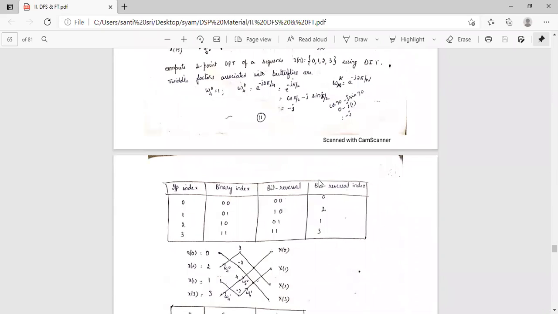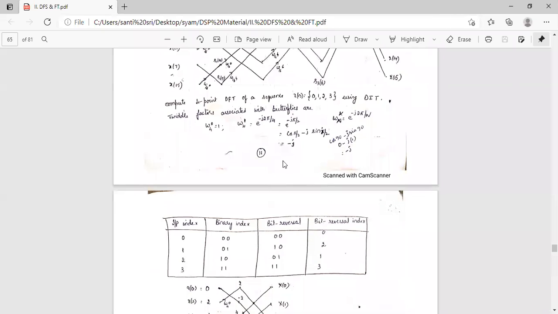Now we will do a problem. So let us take this problem. Compute the 4-point DFT of the sequence x of n equal to 0, 1, 2, 3 using decimation in time FFT. The twiddle factors associated with the butterflies are W4^0 equal to 1, W4^1 equal to e^(-j2π/4),